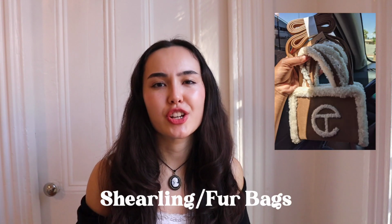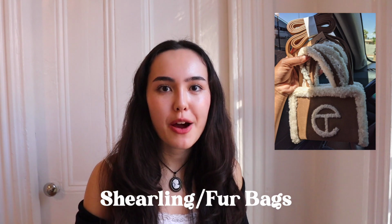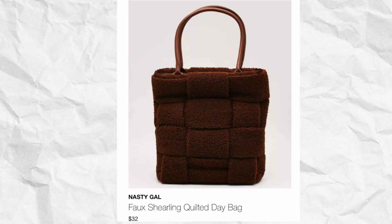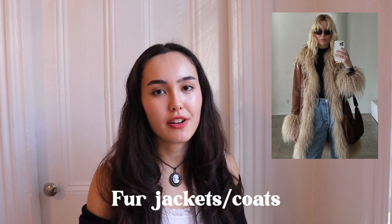I should have put this in accessories, but I've seen also that shearling bags and furry bags are super popular right now, and I love it. I love the little Paget shearling bag that's from Mango, but I also really appreciated the bigger purse. And going off the fur thing, just regular fur jackets, I've seen a lot of those, and